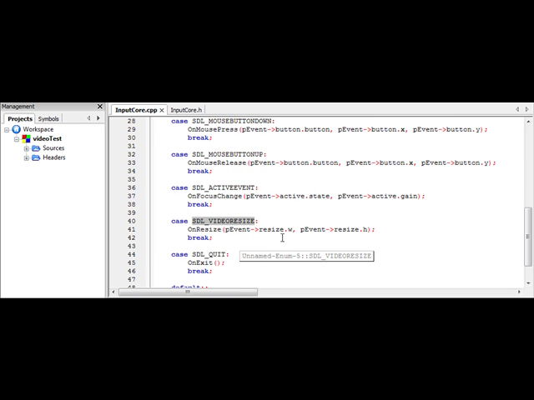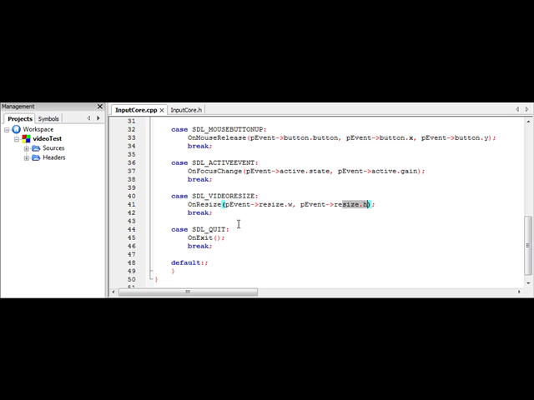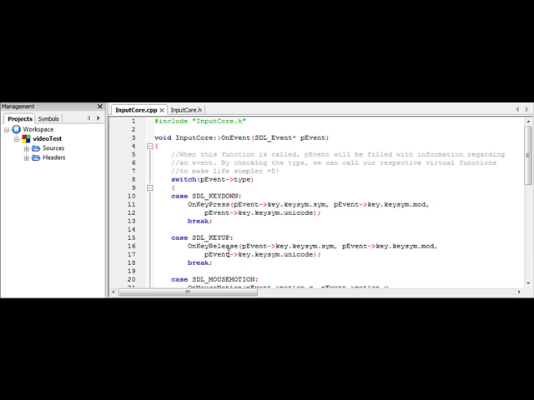SDL video resize is called when you try to resize the window, and the only parameters associated with it are the new width and the new height. The last one is SDL quit. An SDL quit event is executed when you click the X, so you just want an on exit with no parameters. So now you can